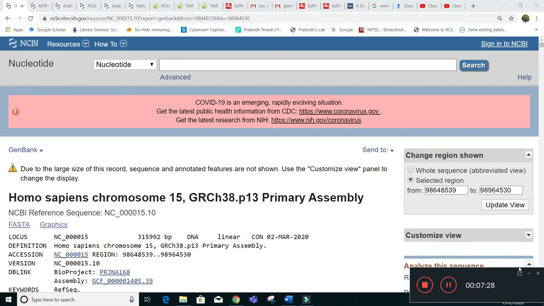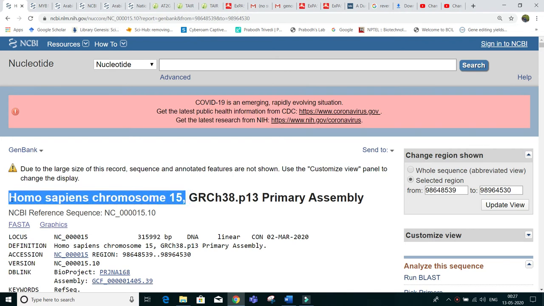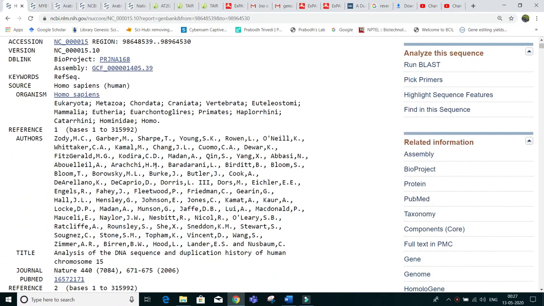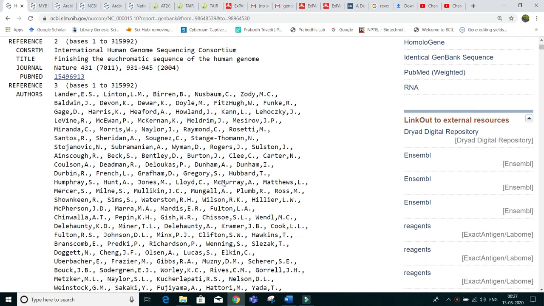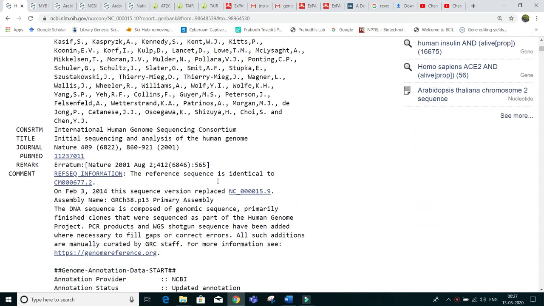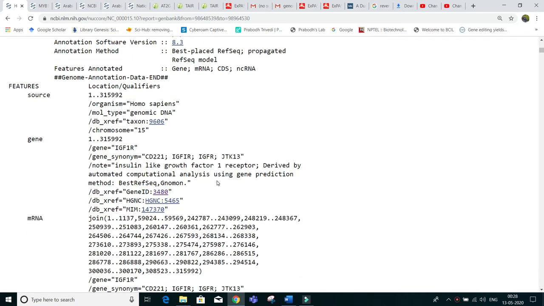Now we will understand about the intronic region in the chromosome. This is about insulin. Okay, so the insulin gene is found on Homo sapiens chromosome number 15. So as you can see here, when you have an intronic region, how will you understand that my gene contains introns?